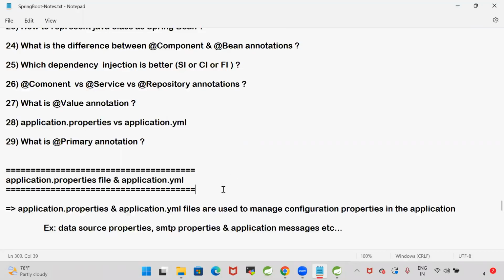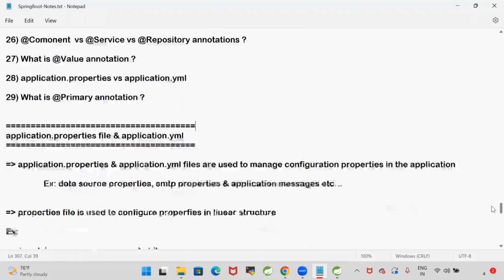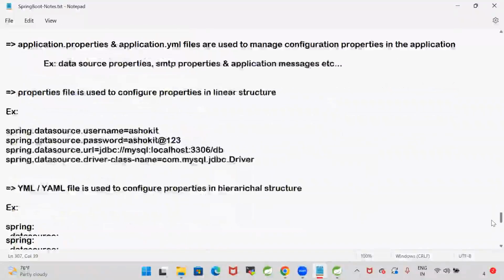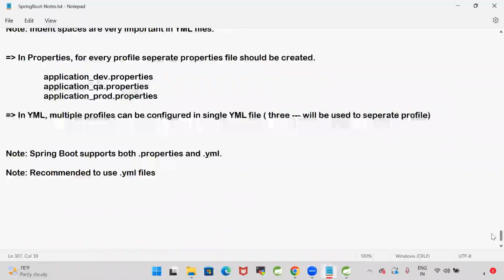In the recent company projects, which one is mostly used, YML or the properties file? Now people are using YML files. Earlier, people used to work with only properties files, but now people are preferring YML files because YML is